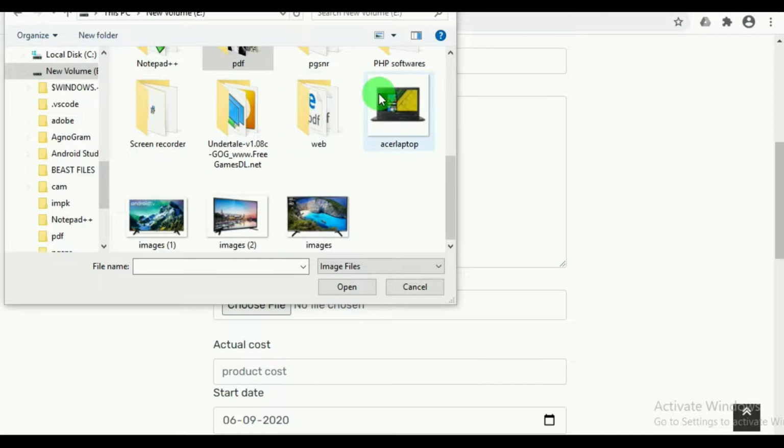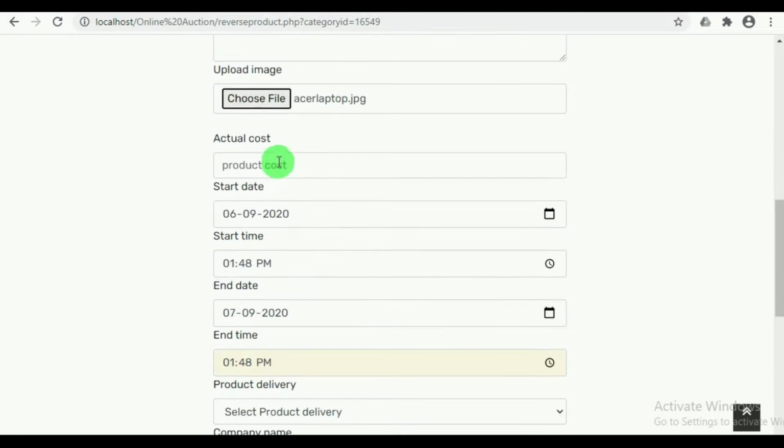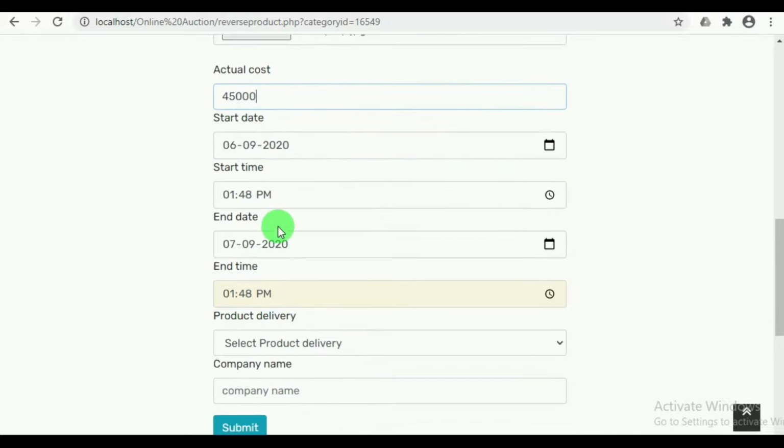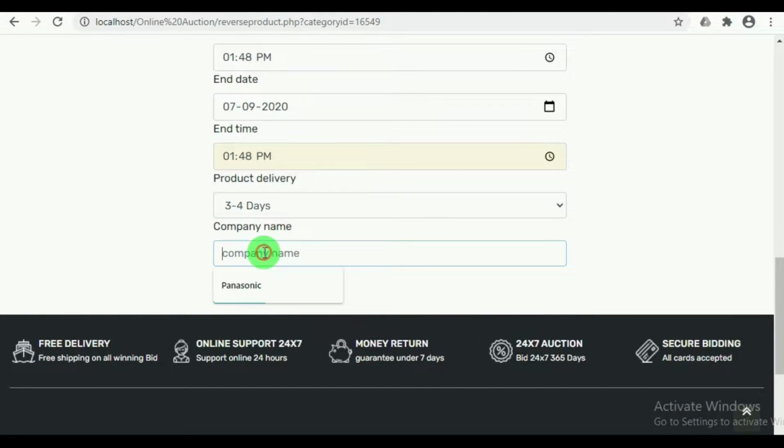Here the image of the product must be uploaded. Then the actual cost of the product, and the start date, start time, end date and end time must be mentioned, and the product delivery and company name must be mentioned.